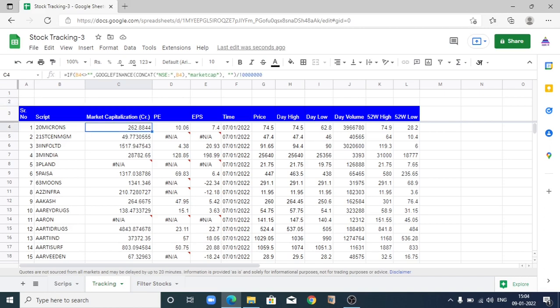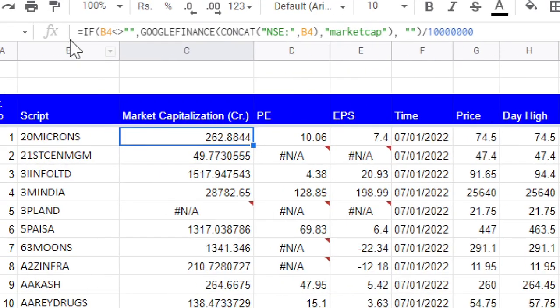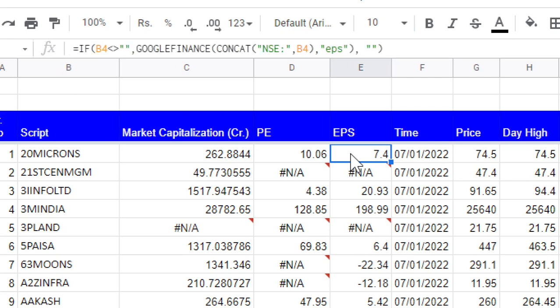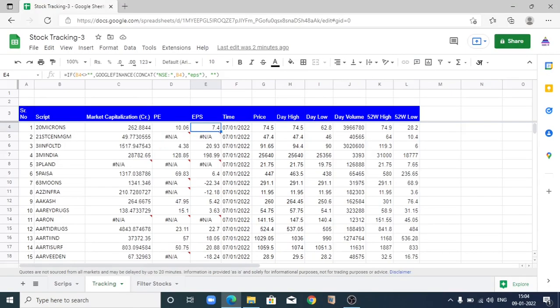You can see what formula we have to write. We use Google Finance, and here as attribute we use market cap, and whatever market cap we are getting, we divide it by 1 crore. So we'll get market capitalization of each script in crore. Same way we can get PE value, we can get earning per share. Once this is done, we need to copy paste this formula in each row,